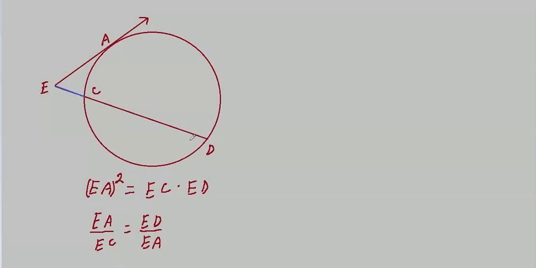Very similar to our last theorem, except that there is no extra segment here where it intersects the circle. It just stops right here. So, like I said, we just use it twice. And of course, this line leads directly to this, which is EA over EC is the same as ED, that's the entire segment here from vertex to the opposite side of the circle, over this segment here.